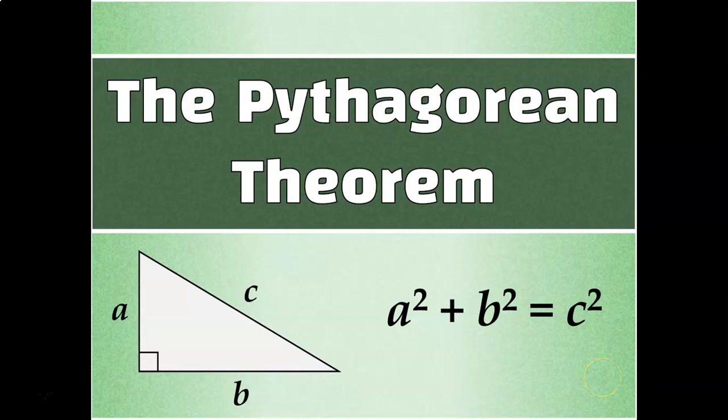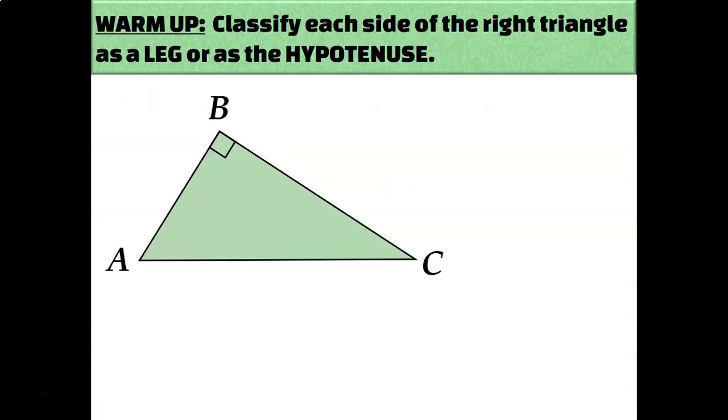Let's talk about the Pythagorean Theorem, which is a way to calculate the side lengths in a right triangle. But first we need to identify the different parts of a right triangle. Every right triangle, of course, has one right angle, and then the other two angles are acute. And every right triangle has one side that we call a hypotenuse, and then the other two sides are called legs. The hypotenuse is the side that is across from the right angle, and the legs are the sides that